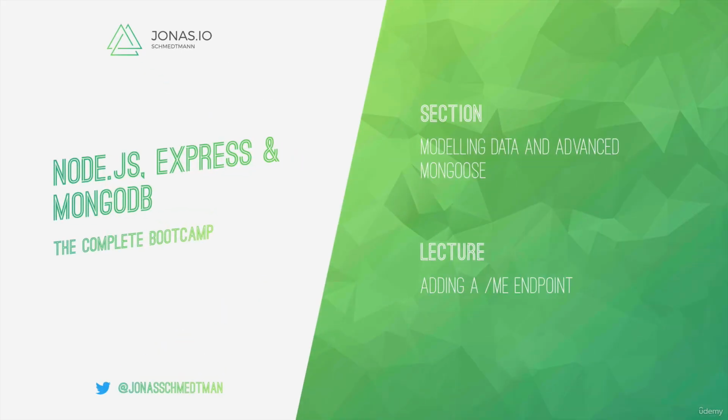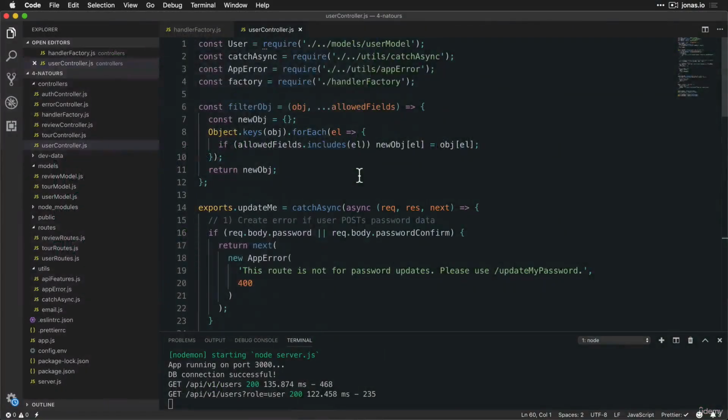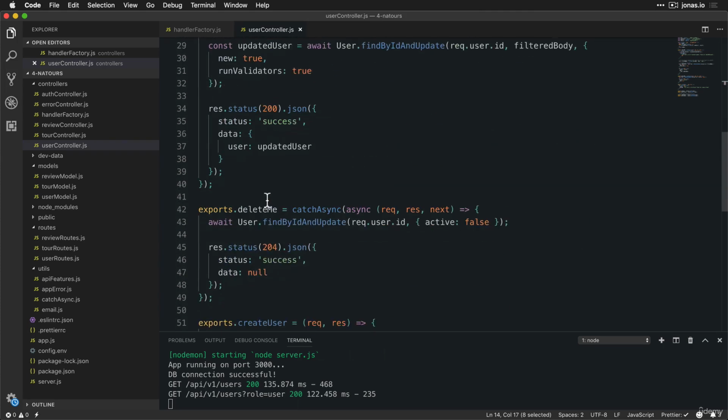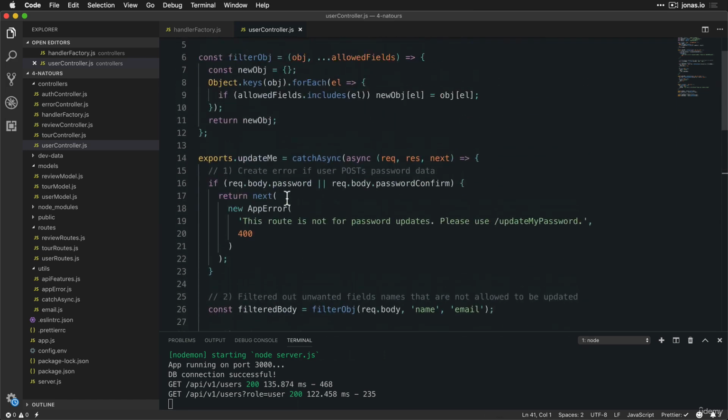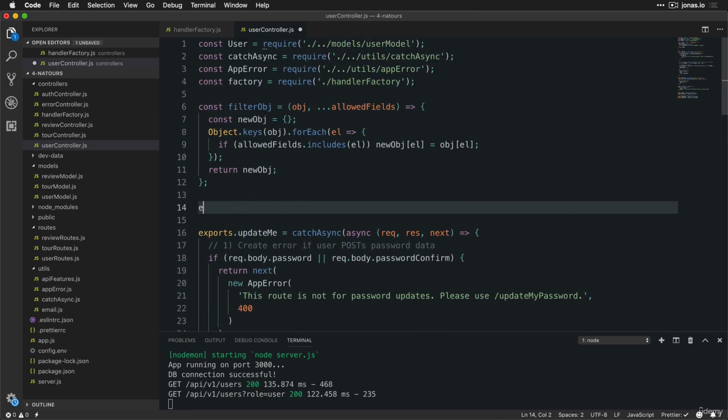It's a good practice to implement a /me endpoint in any API. So basically an endpoint where a user can retrieve his own data. All right? And so let's now very quickly implement that. And so basically it's going to be something very similar to these update me and delete me endpoints that we already have, right? So let's add